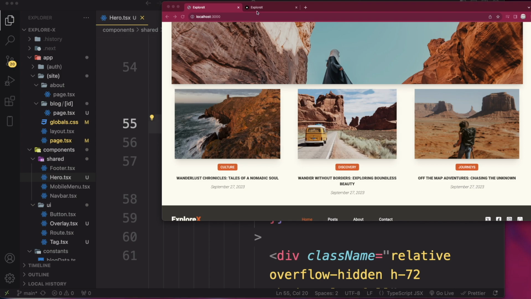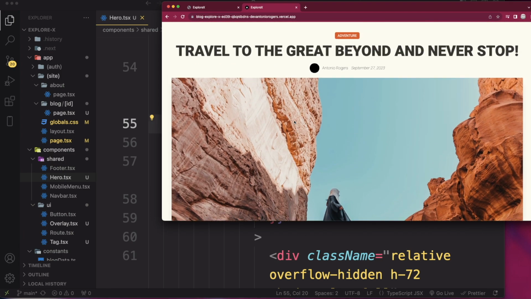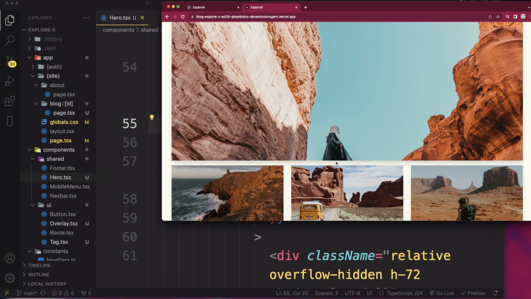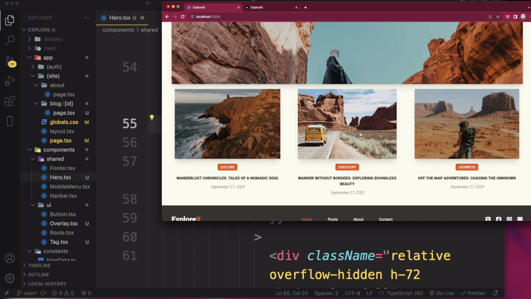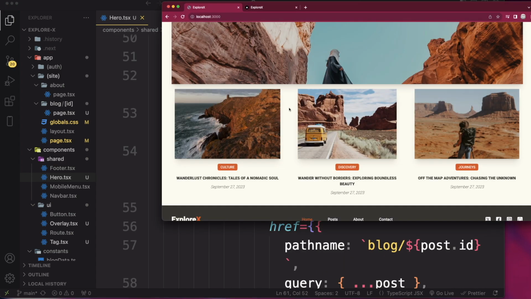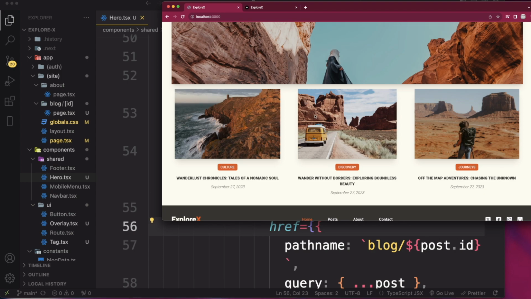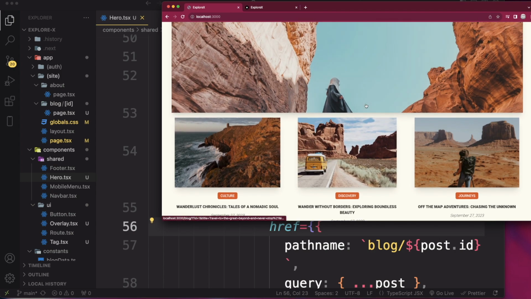Now once we click these, all right, so I've been wrapping my head around this for a little bit now, and I even compared the finished site to what we got now. As you can see, these boxes are supposed to be width full, like it's supposed to fill up the whole area, because we got gap 8 and this is way more than a gap 8. And it's not even lined up on the sides there. So I don't know if it's because right now in this project we're using Next.js 14, but the original project that I created is actually Next.js 13. Because while I was building this, Next.js 14 was just released,